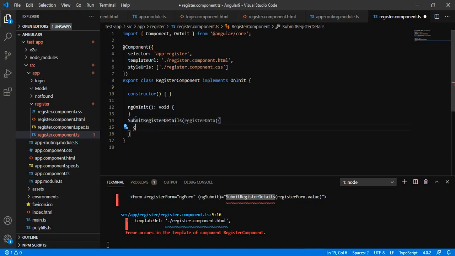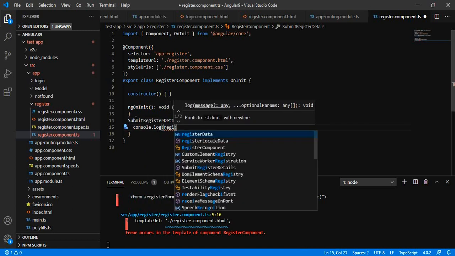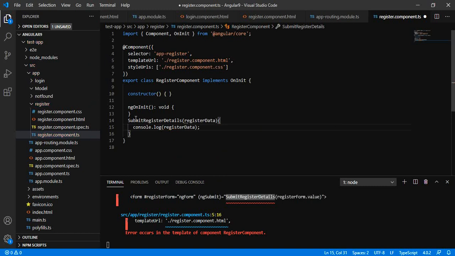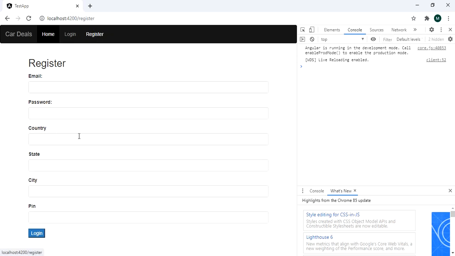So this will again print in your console window, console.log and this register data. Let's see.